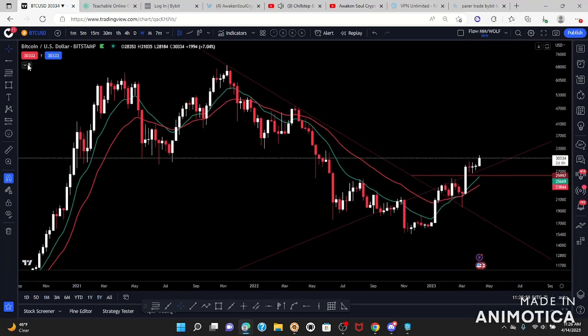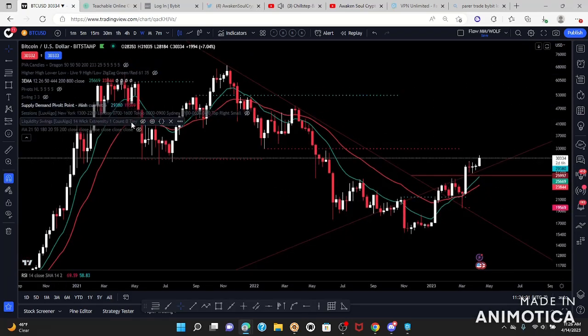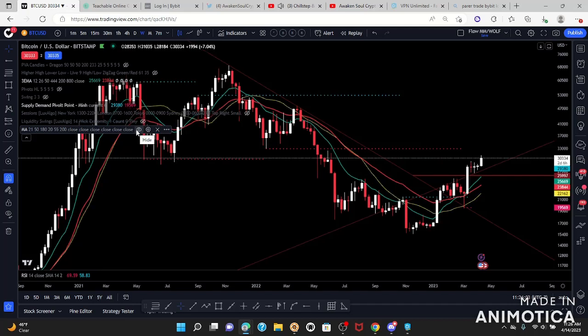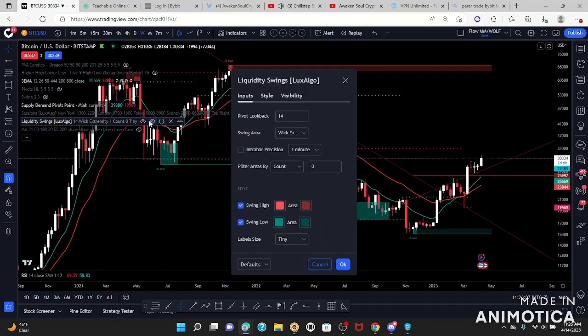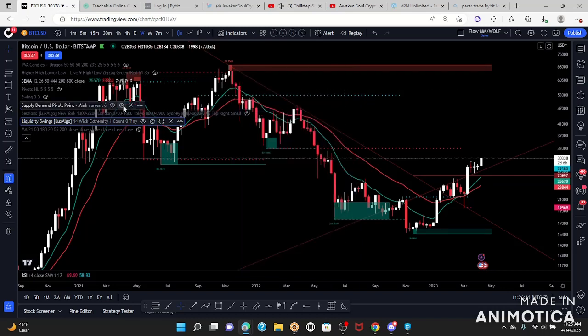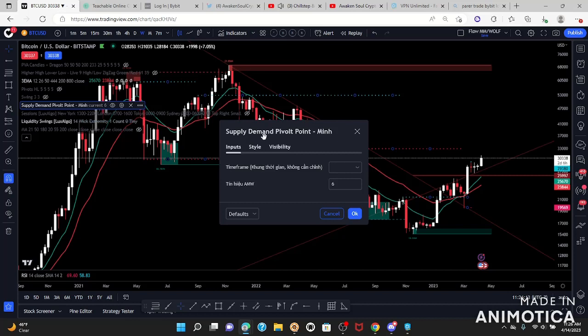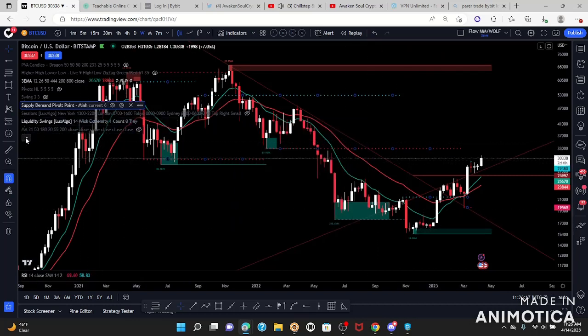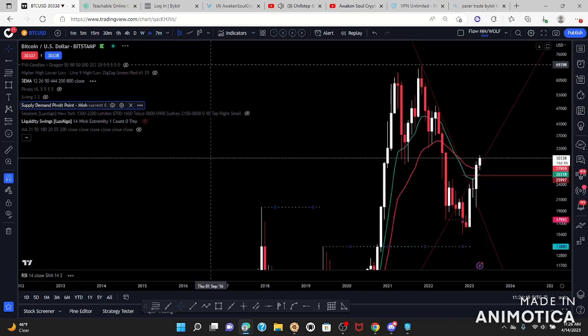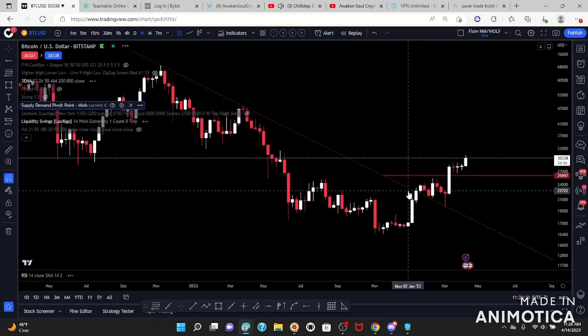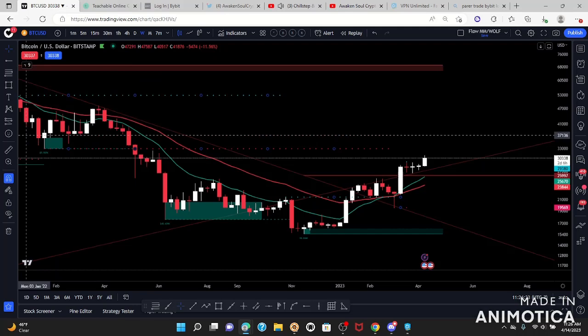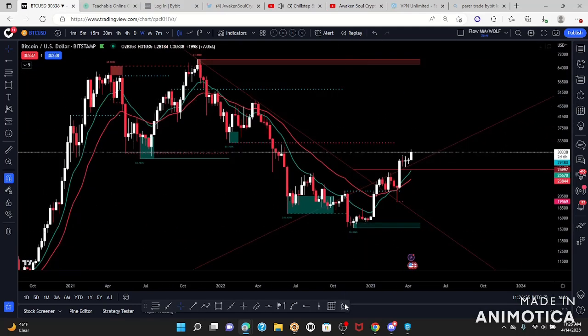EMAs. Now that I'm in my weekly, I'm going to turn on my supply and demand. Great indicators to use. I'm using 2 of them. One is called the liquidity swings, and another one is called the supply and demand pivot points. So I guess I could start in my monthly, but there's not much. Okay, so in my weekly, I'm going to start with the supply and demand, and I'm just going to go ahead and highlight it